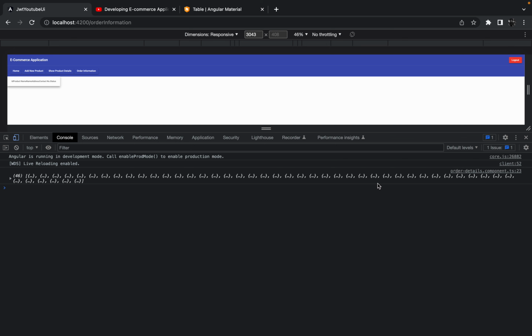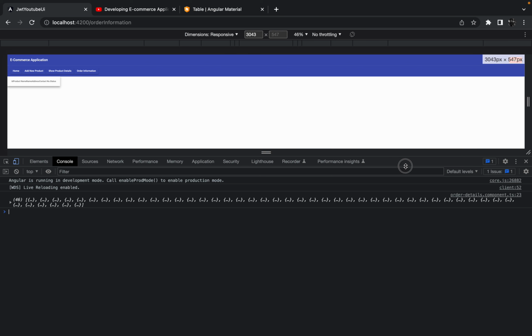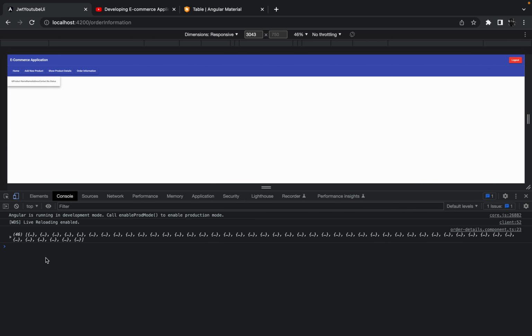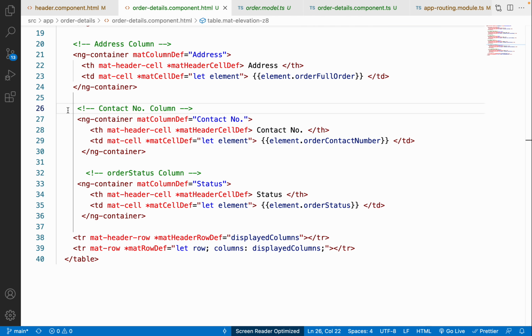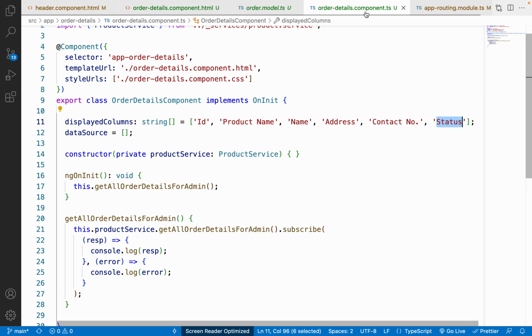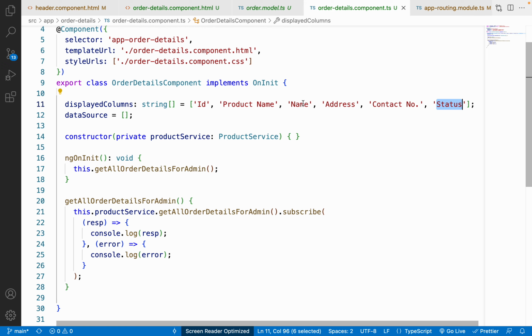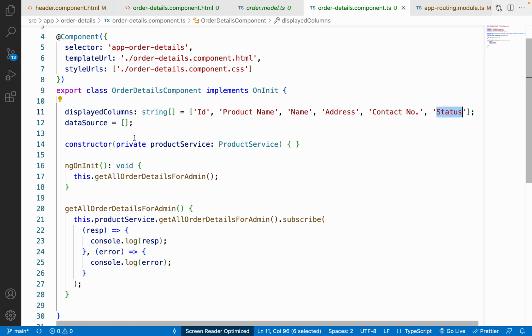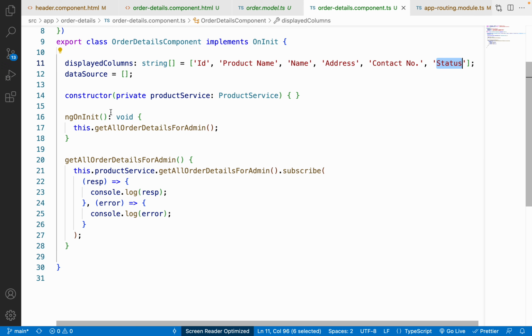The next thing that we have to do is we have to show this data that we are seeing on the console. We have to show this data inside our table. So how we can do this? If I just go to the order detail.component.ts, then first of all let me just do one thing. We have used a data source. Initially it is empty array,